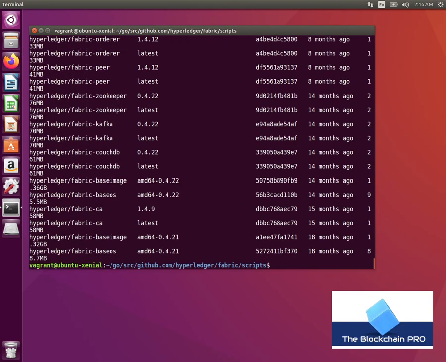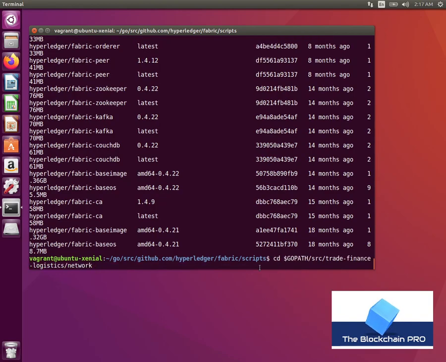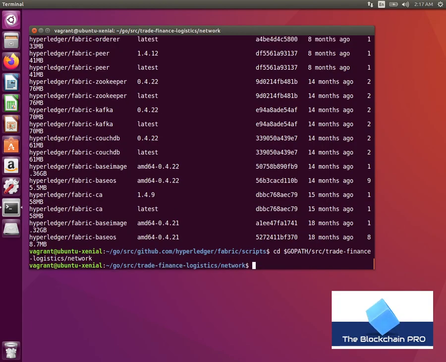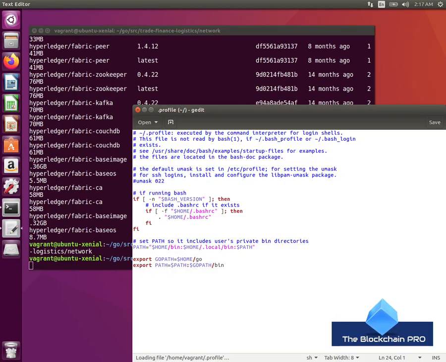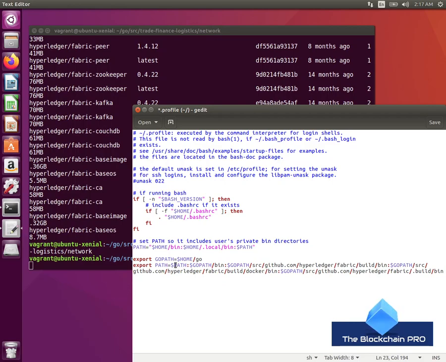Alright, the next command is we're changing directory and we're going into the cloned repository of the trade finance logistics repo. At this point, remember in the beginning I mentioned that we were going to change the path in the profile. So this is it. We're modifying the profile and we are going to change the last line with this more comprehensive export line. And we're replacing this one. We're going to save, close,